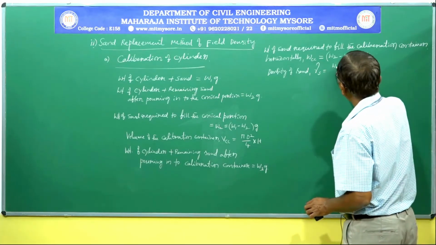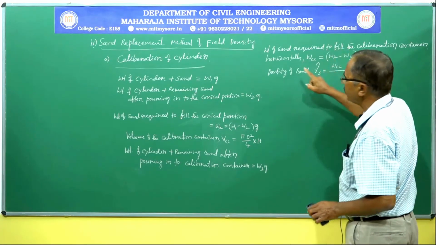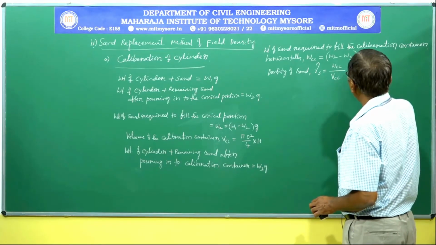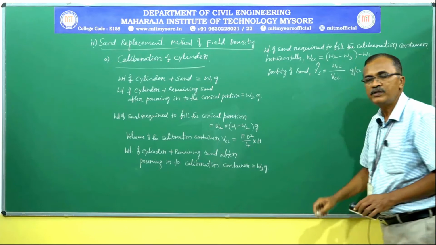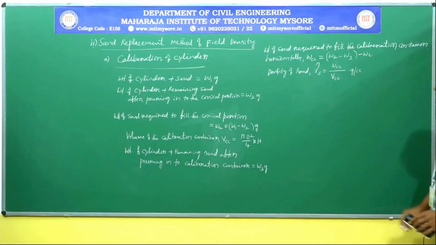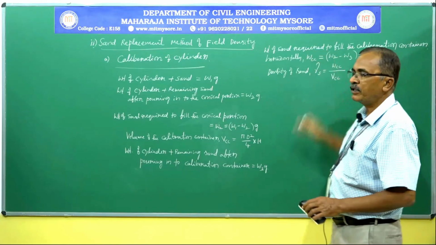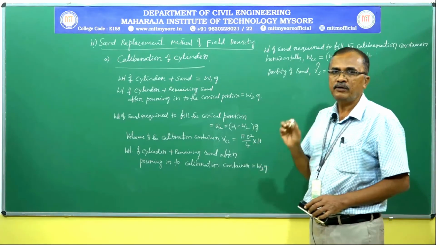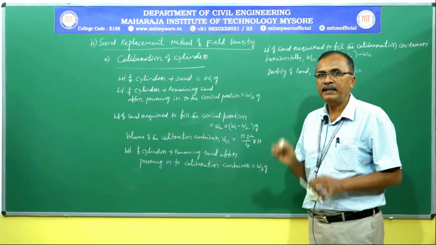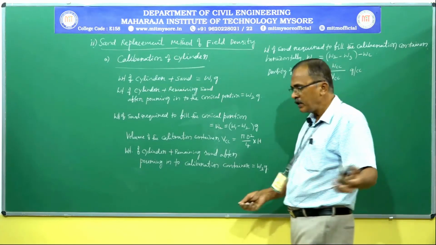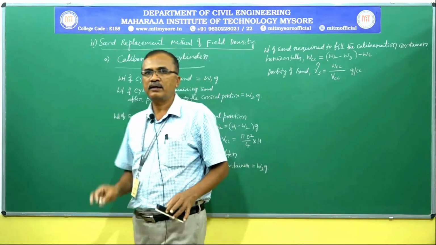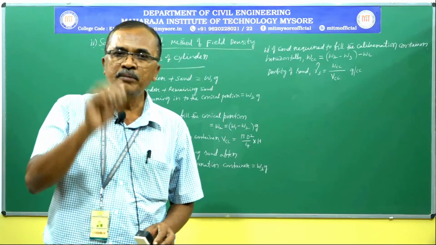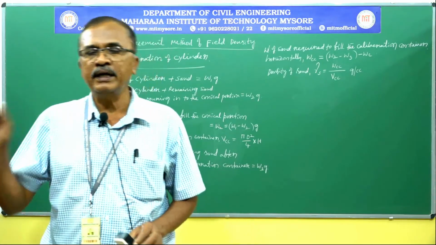So, WCC means weight of the sand required to fill the calibration container horizontally, divided by volume of the calibration container, gives us so many gram per cc. So, the average of 2 or 3 of these operations will give us the density of the sand in the laboratory. I forgot to tell that we use dry sand passing 1 millimeter IS sieve and retained on